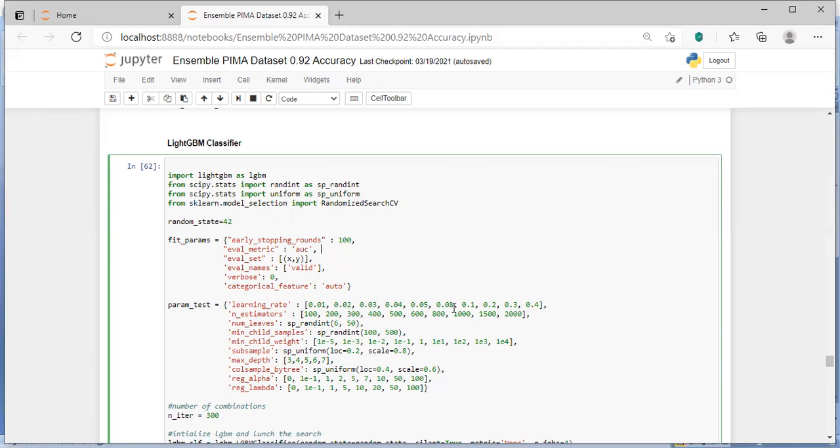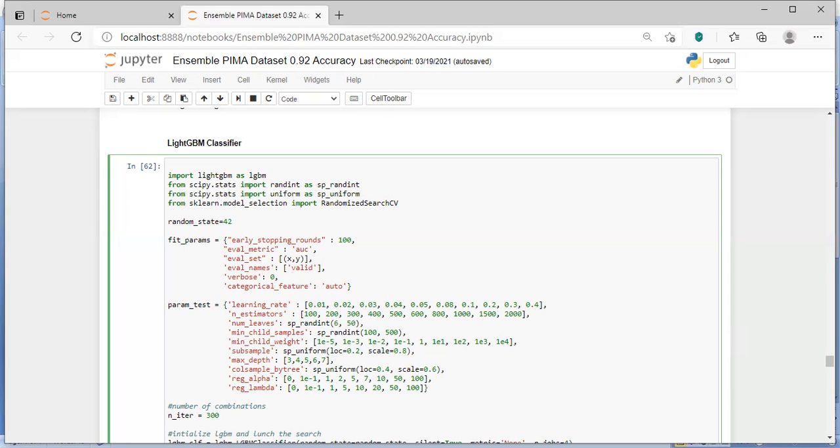Number of estimators, number of leaves, min child samples, min child weight, subsample, I'm giving different values. Max depth, colsample by tree, then regularization alpha and regularization lambda. For these I am giving different sets of values.